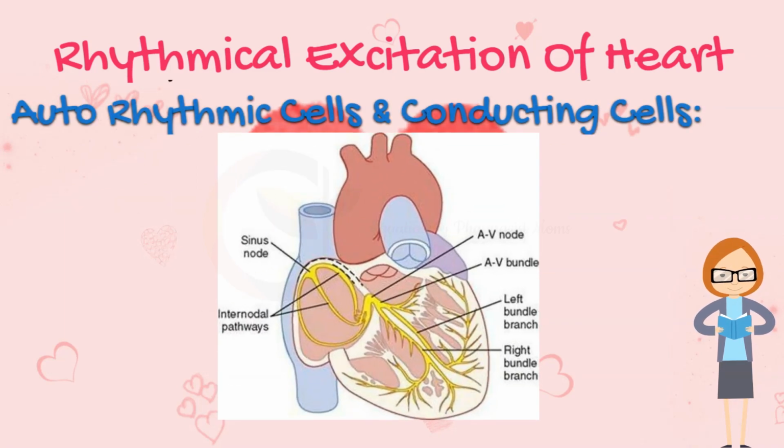This diagram demonstrates the specialized excitatory and conductive system of the heart that controls cardiac contractions. It shows the sinus node, also called the sinoatrial or SA node, in which the normal rhythmical impulses are generated. The internodal pathways conduct impulses from the sinus node to the atrioventricular or AV node. The AV node, in which impulses from the atria are delayed before passing into the ventricles. The AV bundle conducts impulses from the atria into the ventricles,